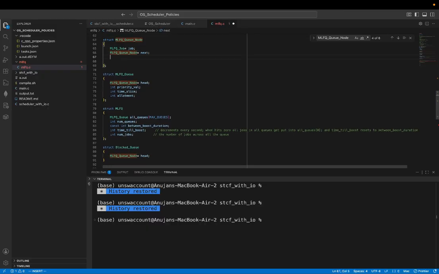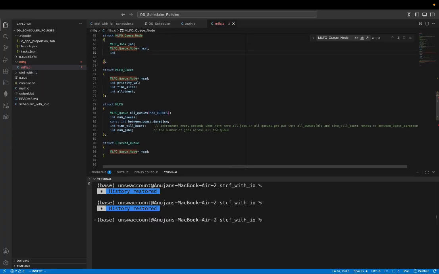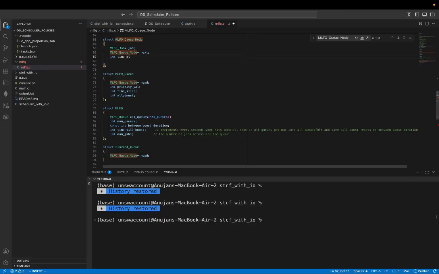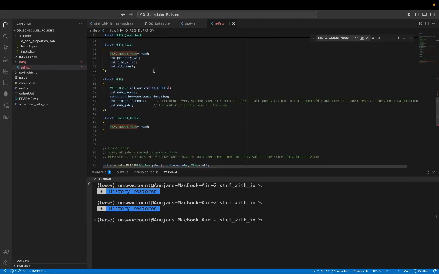Should I just add a field in here, like int duration? I mean, that's so vague. Int time blocked, remaining blocked time. So that'll be 0 most of the time, but if it gets put in the block state, we'll set it to this constant, and then it'll decrement every